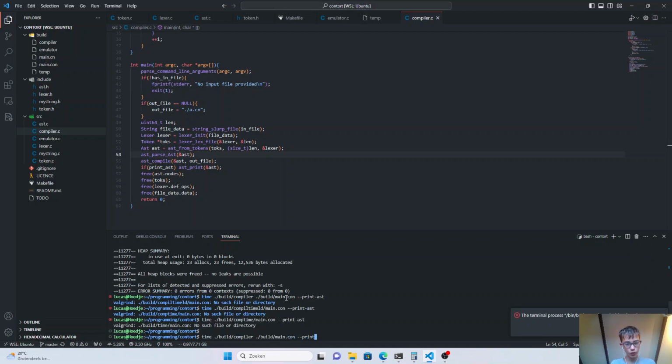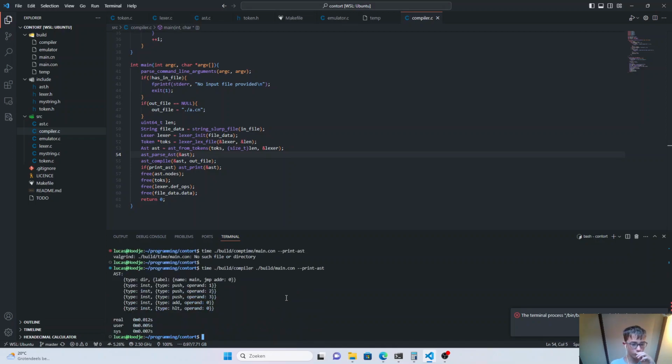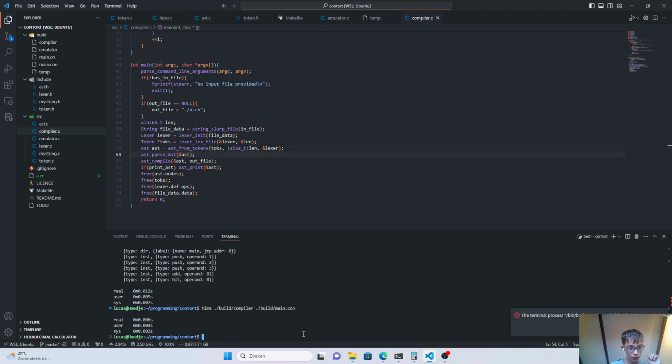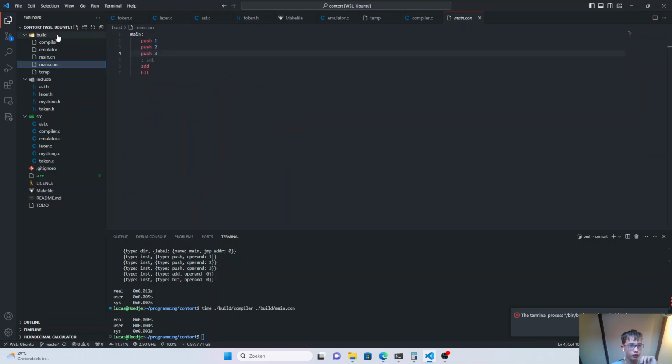So if we are adding the print AST, it's this value, 0.012 microseconds, and if we don't, it's like 0.06 seconds. And I even stress tested it, so I'm going to add a folder with tests,